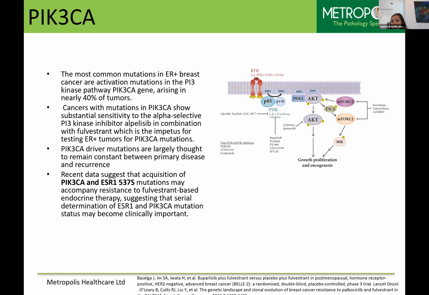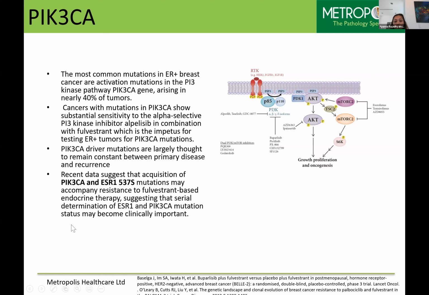So the jury is out on PIK3CA as far as whether we do serial mutation testing or not. The new emerging data has shown it can, but so far the data has remained that PIK3CA is consistent, but newer data show that serial evaluations are needed to look for certain